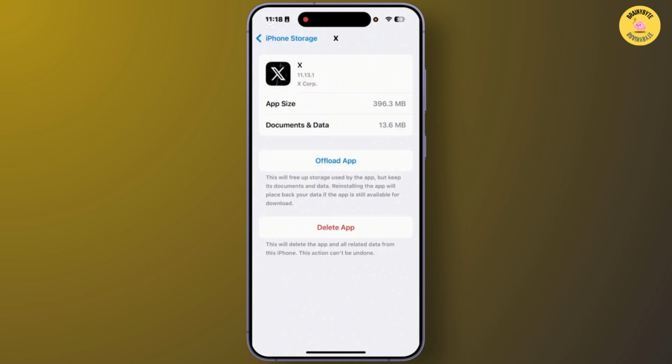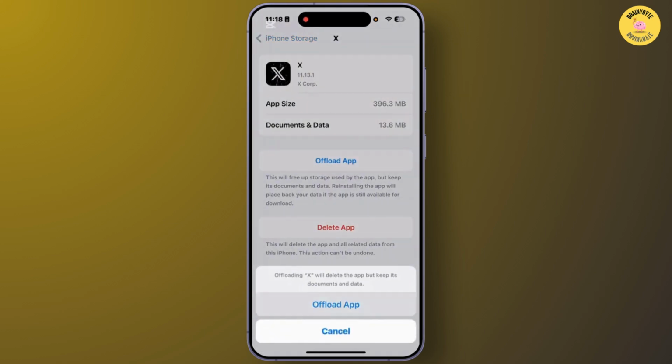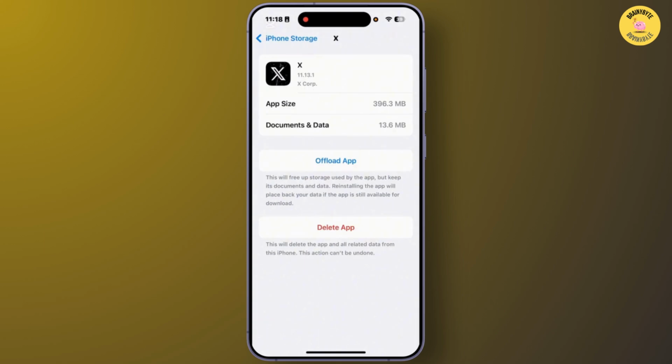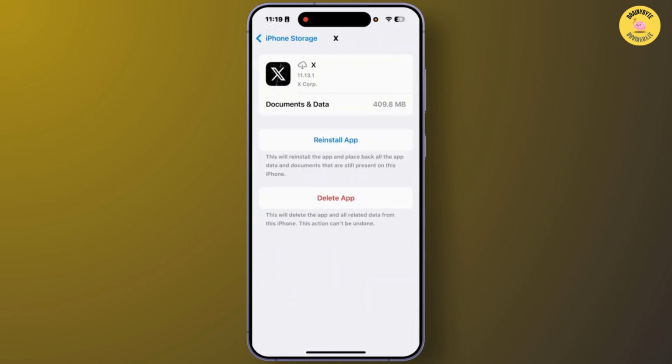From here, tap on Offload app. Alright, tap on Offload. After you have offloaded Twitter, simply tap on Reinstall. After you reinstall and clear the cache of Twitter, you'll also have to check for a VPN or proxy connection